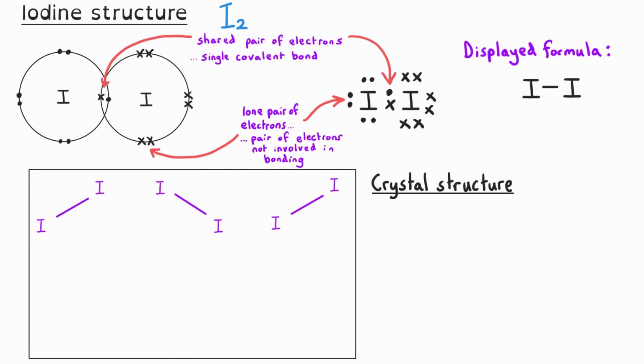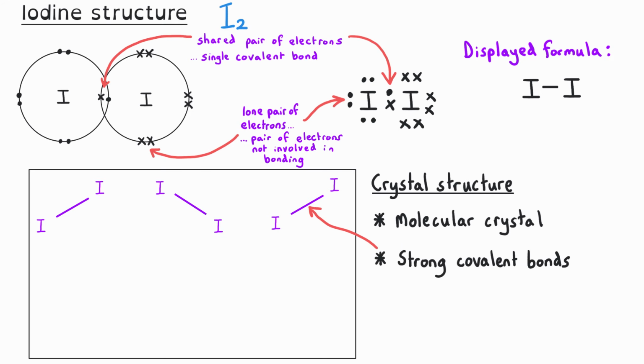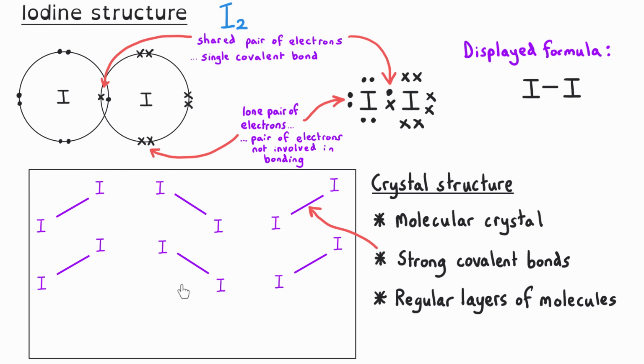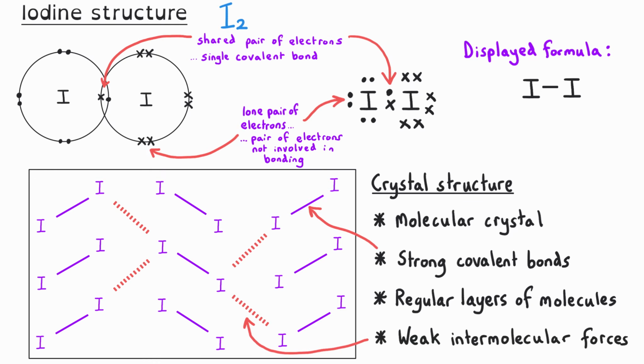The crystal structure of iodine is as a molecular crystal, where each molecule has a strong covalent bond between the iodine atoms, with regular layers of iodine molecules held in place by weak intermolecular forces that I'm showing here with the red dashed line. There would be more forces than I'm showing here. These dashed lines are just illustrative of the intermolecular forces, which are much weaker than the covalent bonds shown as